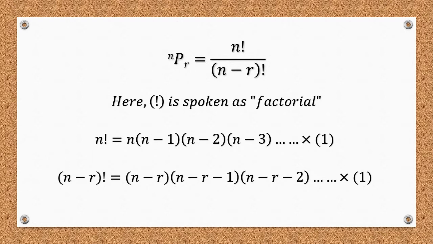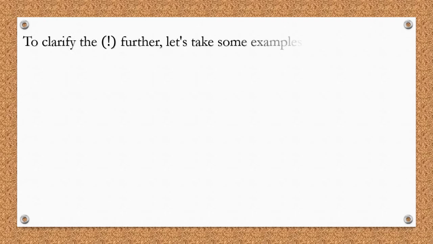Now if you are thinking, how did we get this? It's a simple question. Just by putting an exclamation mark, how am I expanding this simple n into so many values? So let's clarify what this exclamation mark, that is factorial, means. Let's take 5 factorial. It will be 5 into 4 into 3 into 2 into 1, and your answer will be 120. That means if it's 5 factorial, the answer is 120.